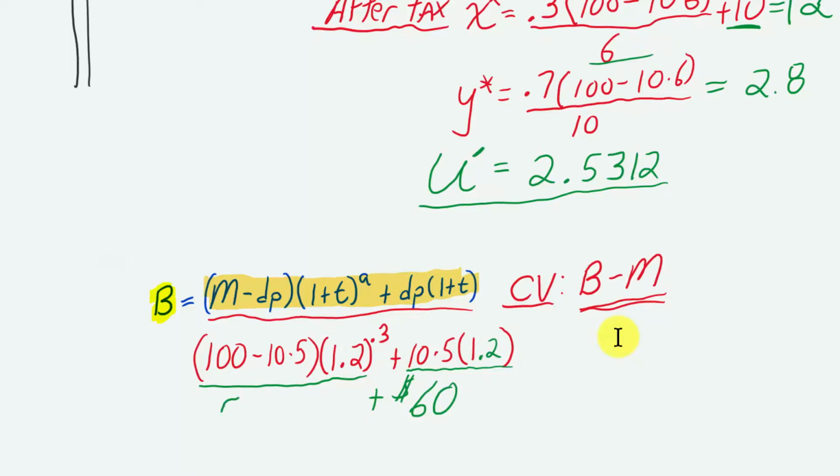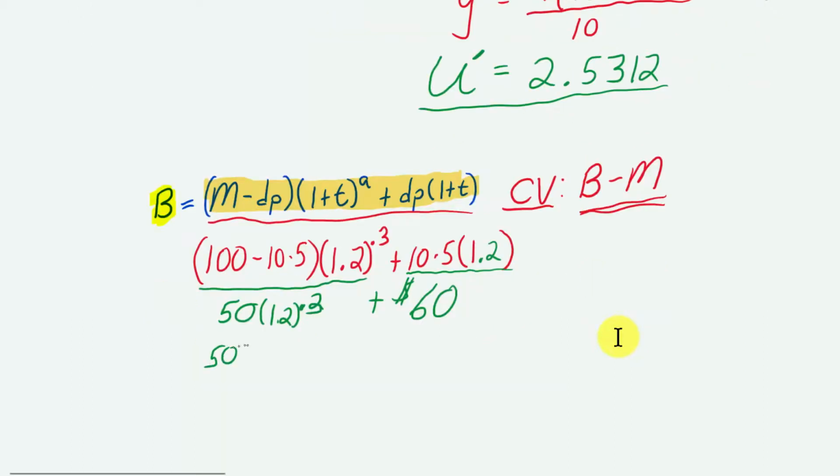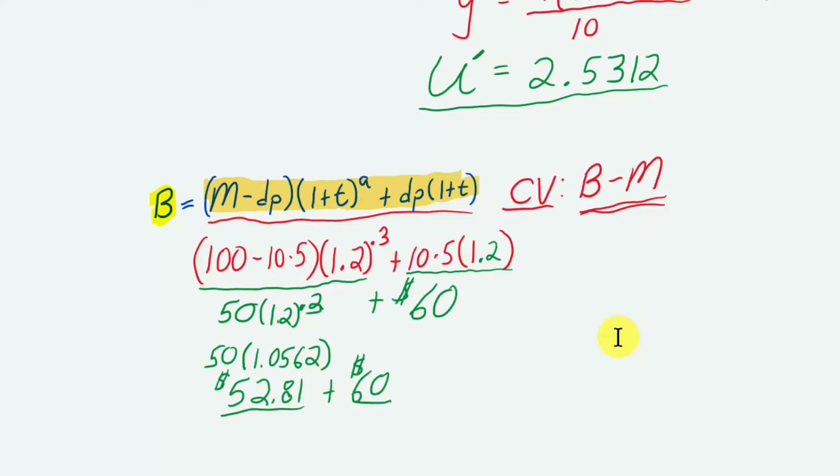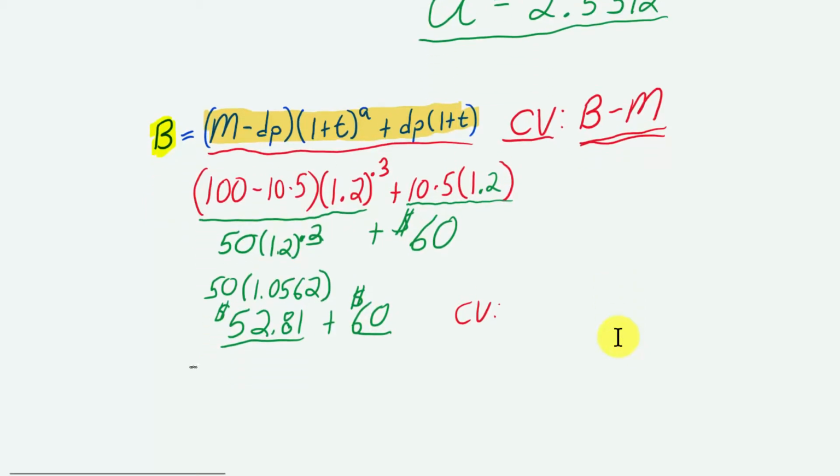And that's saying that we need 100 minus 50, or $50, times 1.2 raised to the 0.3, or 50 times 1.0562, which is $52.81, rounding off here, plus $60. So there are two parts to this new budget, and the compensating variation, again, is taking this amount of money, this new budget, which is going to be $112.81,